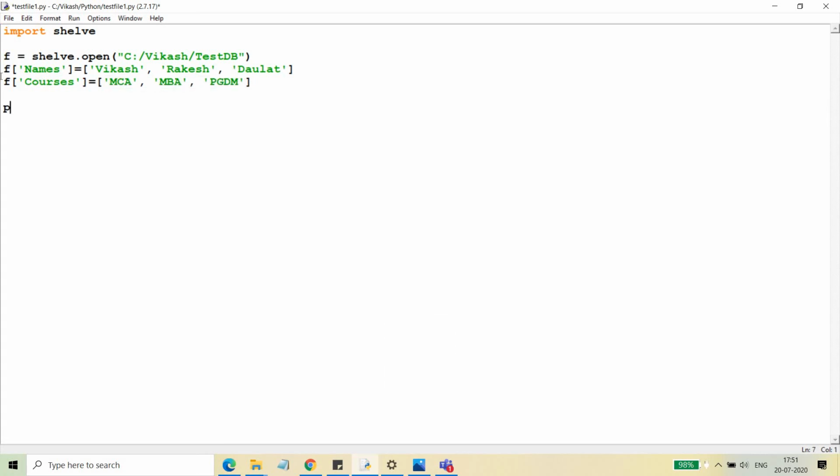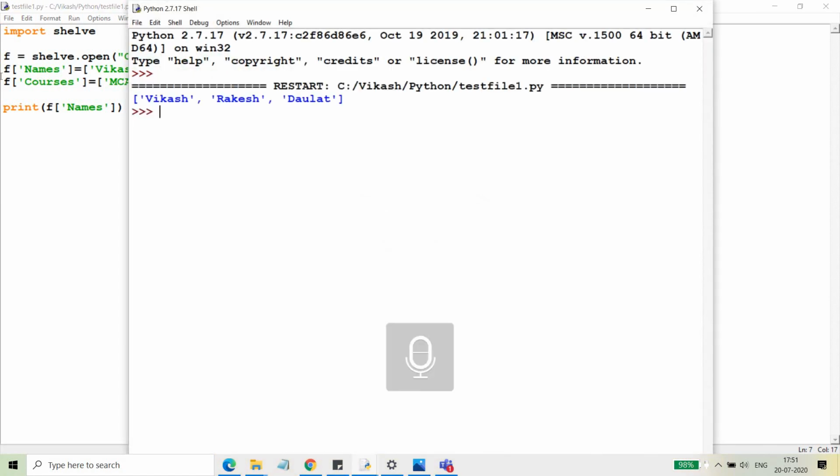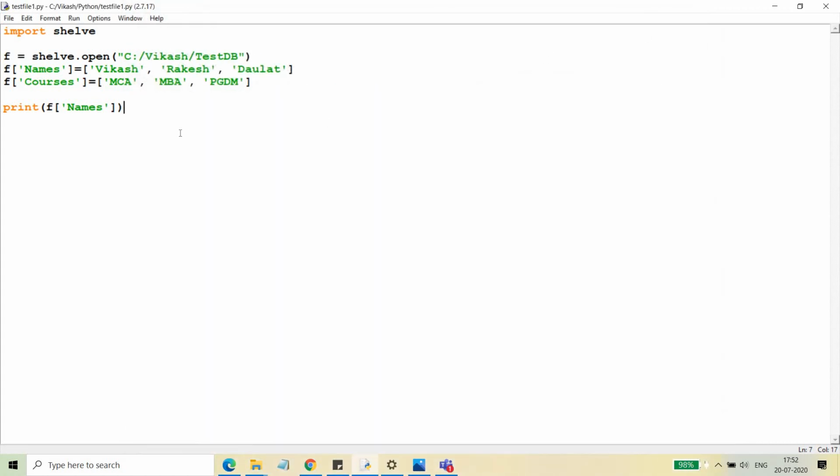So suppose I print F names, then what will happen? It will print all the names, as you can see here. So all the names have been printed. Let us do one more thing.